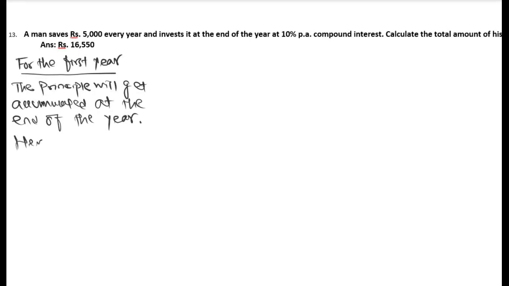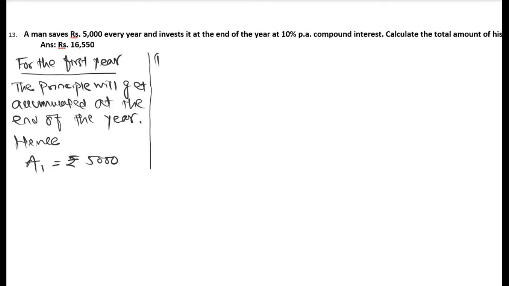Hence, the amount at the end of the year A1 is equal to rupees 5,000. You understand? There is no money accumulated during the first year. It gets accumulated at the end of the year, and hence directly I will not write P1, I1. I don't have anything. I directly have the amount at the end of first year. That is, P1 remains P1. P1 was 5,000 and it remains P1. So A1 is P1, right? There is no calculation required for the first year because there was no money.